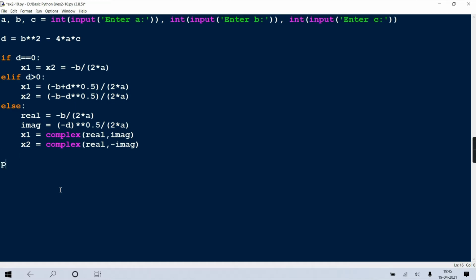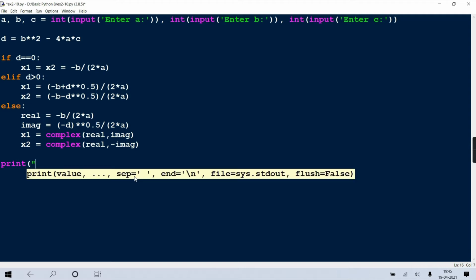Done. Now just print these solutions. Irrespective of whether it goes into the if or the else, whichever part it goes to, just display that solution. Can I write x1 equal to, comma, x1 slash n, x2 equal to, comma, x2?